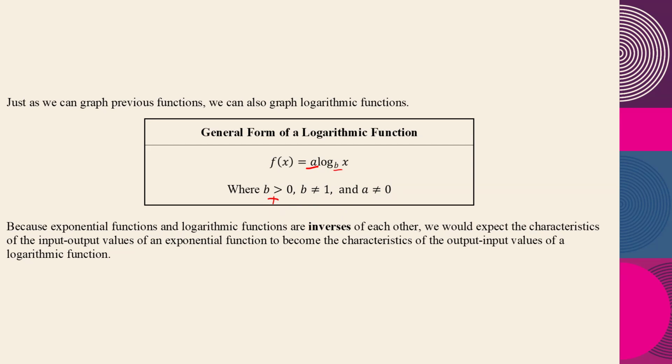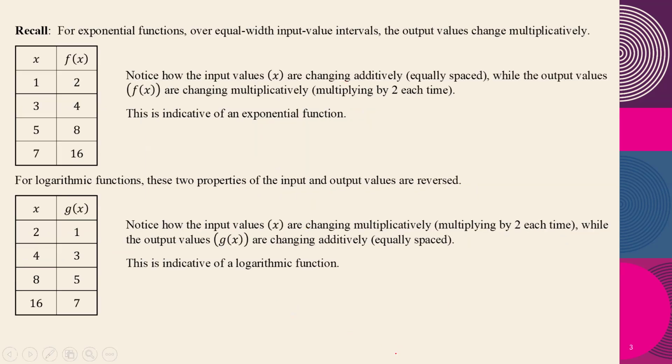Because exponential functions and log functions are inverses of each other, we would expect the characteristics of the input and the output values to switch, correct? So you remember with exponential functions, they do this, right? Well, our log function is the inverse of that. Remember, if I'm an inverse, it's going to be reflected. Pretend that's a very straight axis. It's going to be reflected over the y equals x line. So our log function is going to be,